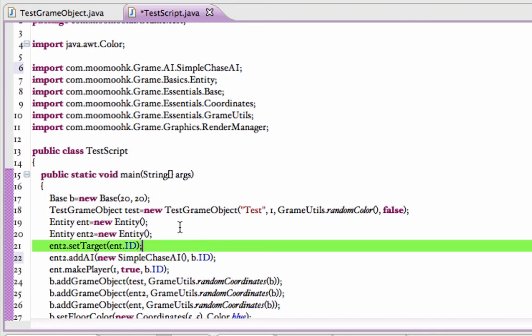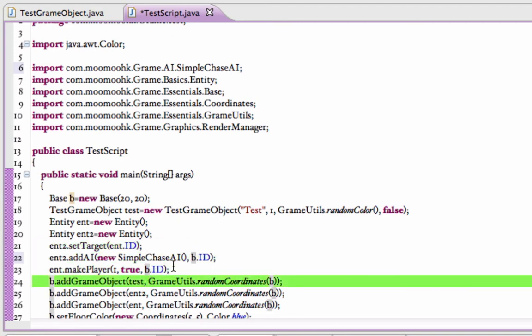The reasoning behind having to provide it with a base every time AIs are necessary is because I want entities and Grame objects to be usable on different bases and act differently on different bases. I don't know, in case somebody would like that. So that it works fine. So now what's going to happen is